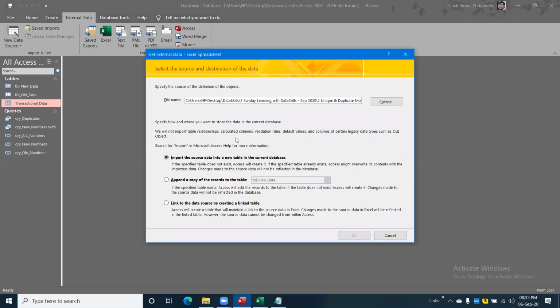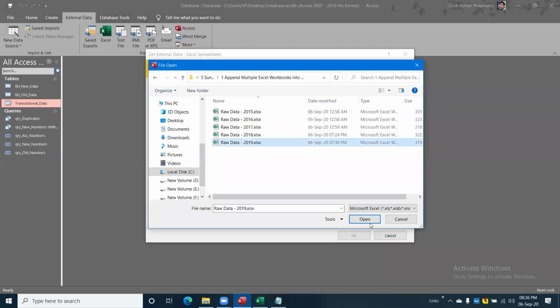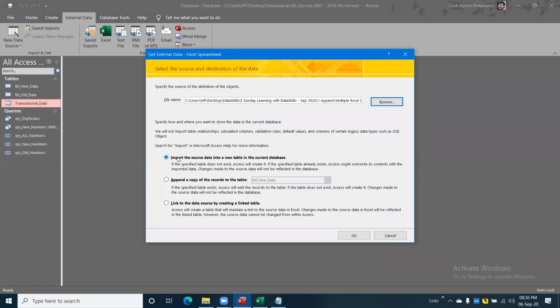First of all, you need to select the file where you want to import the data. For example, I'm taking raw data 2019, open. Here, the third option: link to the data source by creating a linked table. We will call it a linked table.